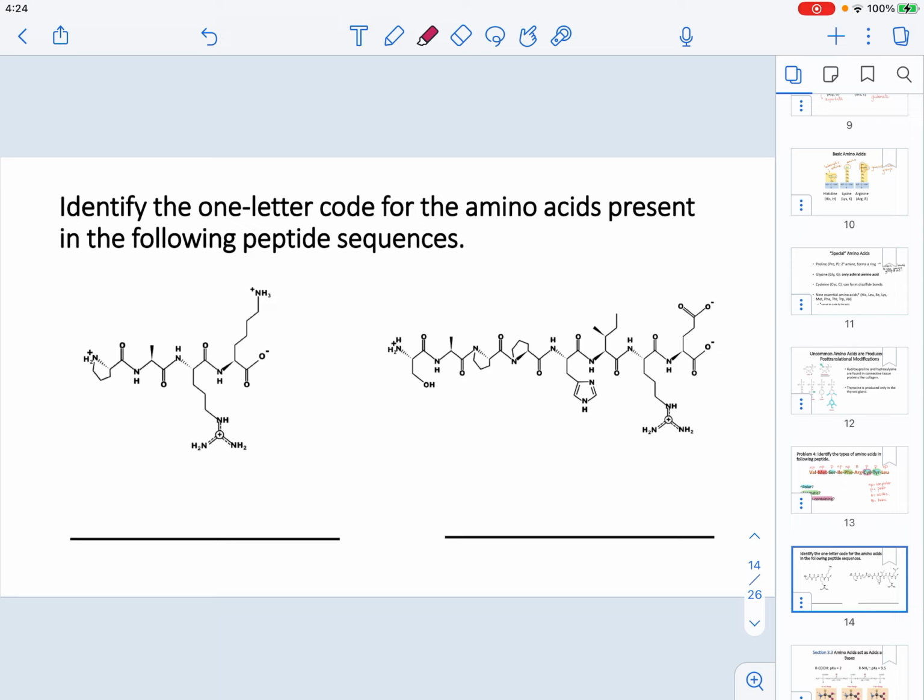As you can see here, we have in these structures the skeletal structure for the amino acids. These peptides have been drawn at a particular pH, but understand that that is going to be discussed later in this chapter. So when you have a problem like this, the important thing that you have to remember is that